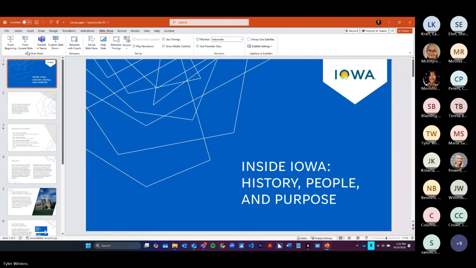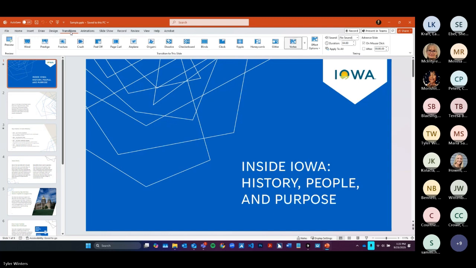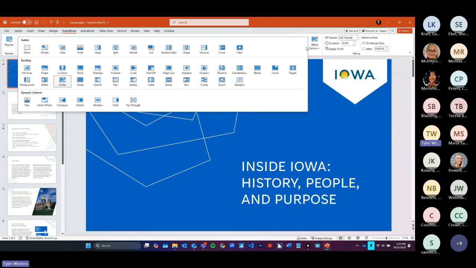You can do so by going to the Transitions tab up here. And then you want to go to the transition to the slide section, which is right here. We can see that right now the transition is set to vortex. But if we wanted to have,